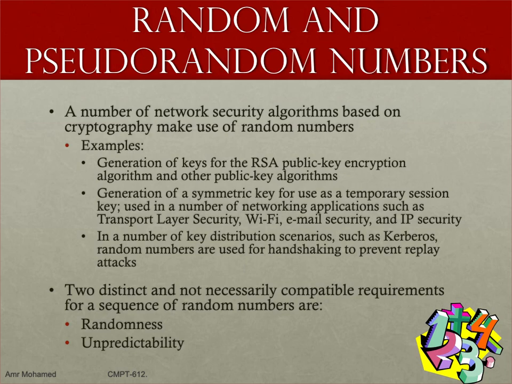Similar to when we talked about keys, we said that if we have a key of length n, then on average, how many operations do I need to break or guess that key? 2 to the power n minus 1, right? But that's if the key has uniform distribution. And by uniform distribution here, I mean that,